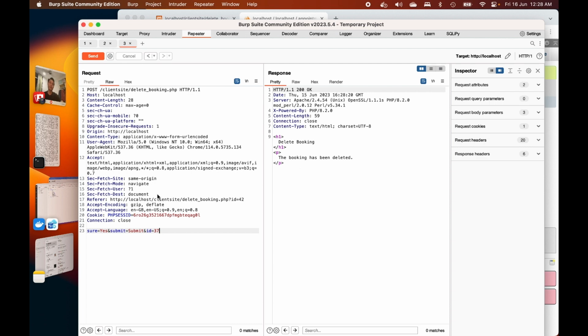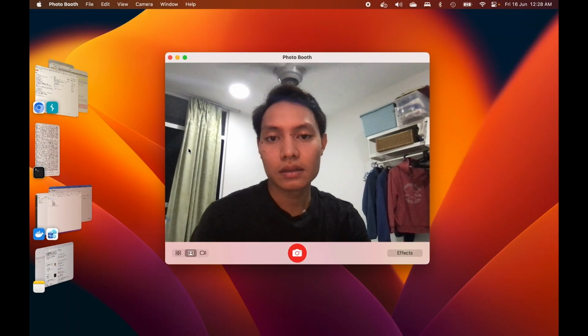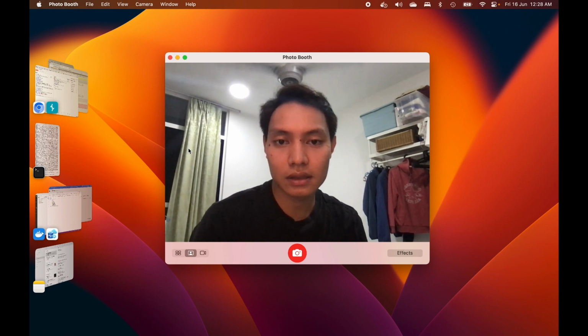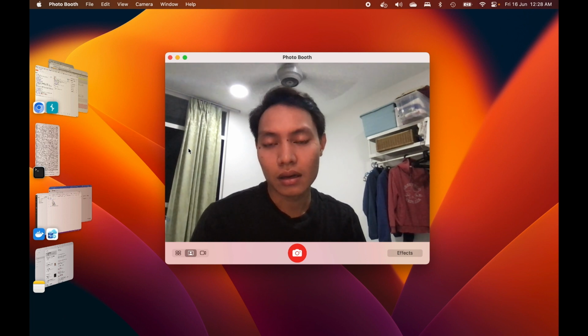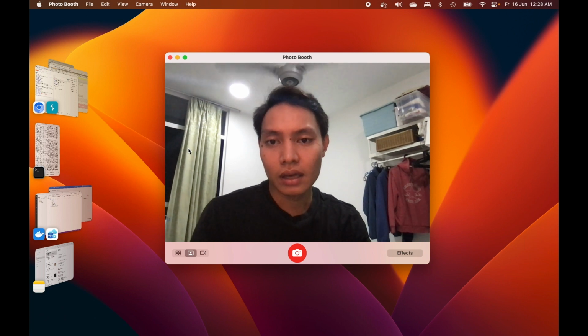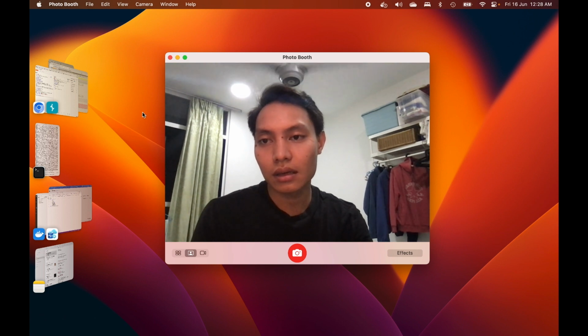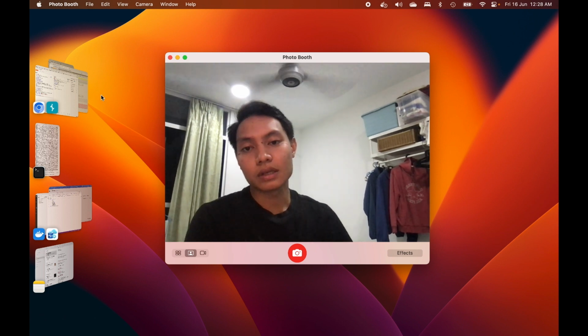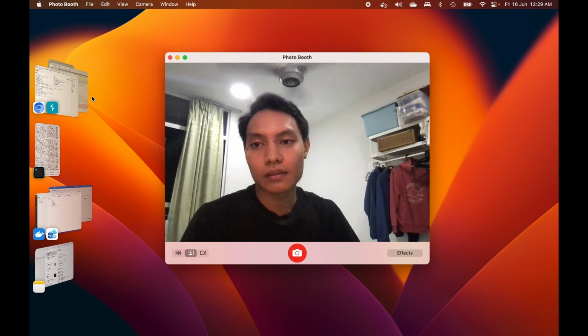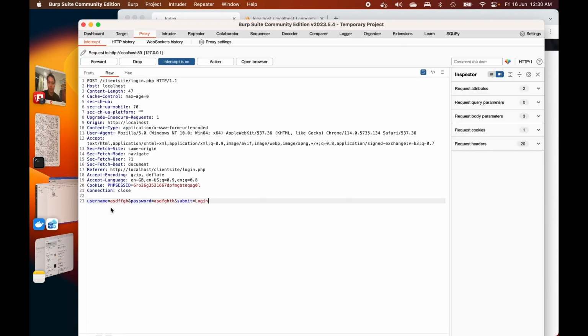This means that broken access control does exist from the site, and it can be exploited by the attacker. The third attack vector that I want to show is the host header injection. Alright,